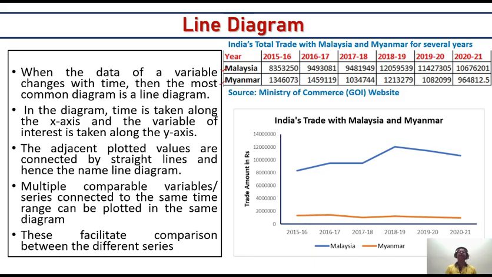Along X, we take the time. So this is the year. In line diagram, mostly along the x-axis, we take time, but not necessarily always we take time. We may have some other variable also. So these are the time points. Corresponding to the time points, we first plot Malaysia. So this is Malaysia,